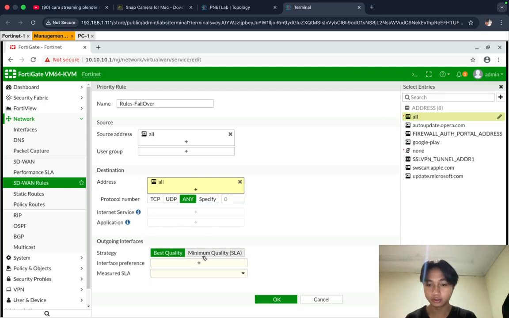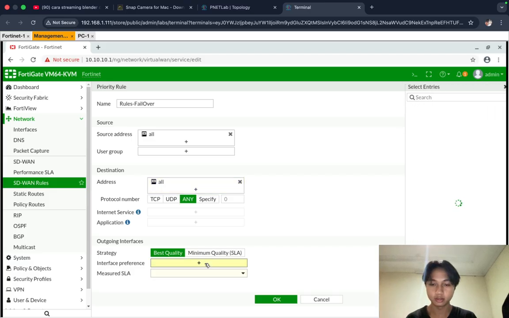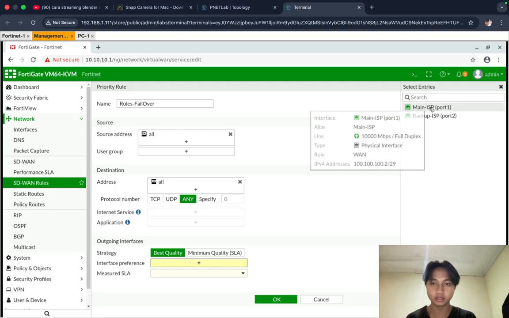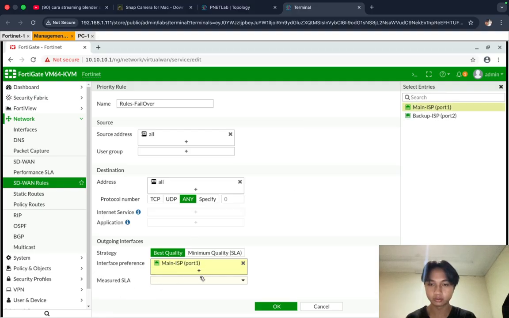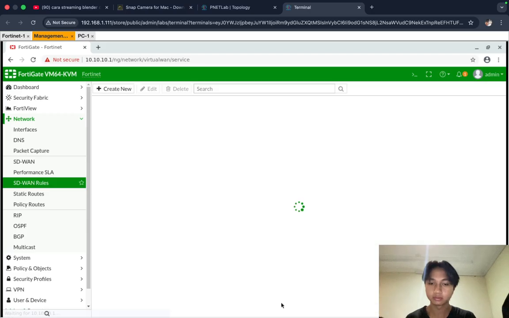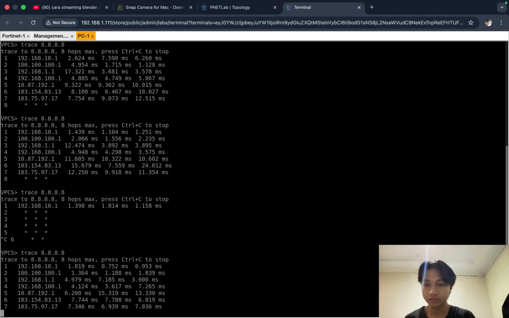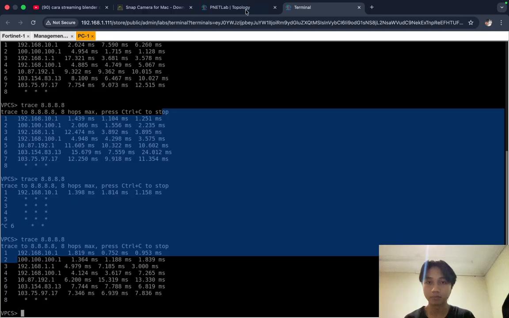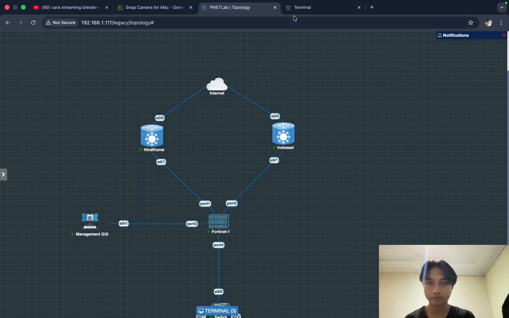And then interface preference is main, as well as failover. Then you can click OK. To confirm the configuration, click OK. Click for the trace. This is the main gateway. And the backup is 200, not 100.